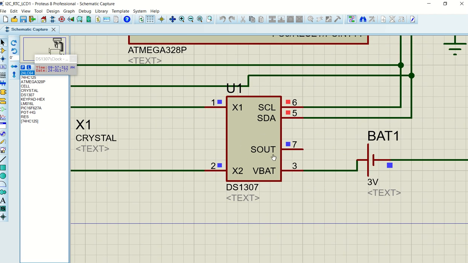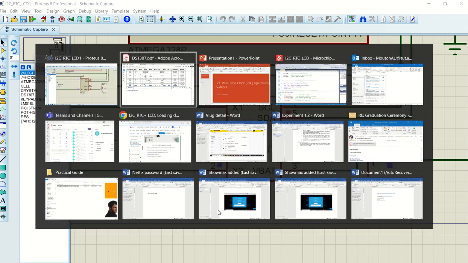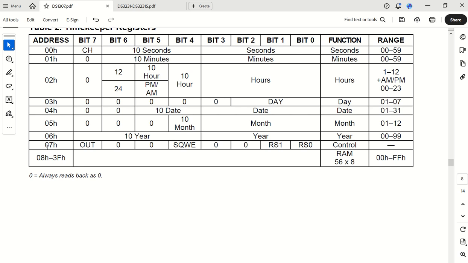This is your S out pin on the specific 1307 real-time clock. As we can see here, I've generated a square wave. If you want that, you will need to go to the address number hex 07, and you'll have to make this specific bit a 1. It's not a pin, it's actually bit number 4 inside this register.